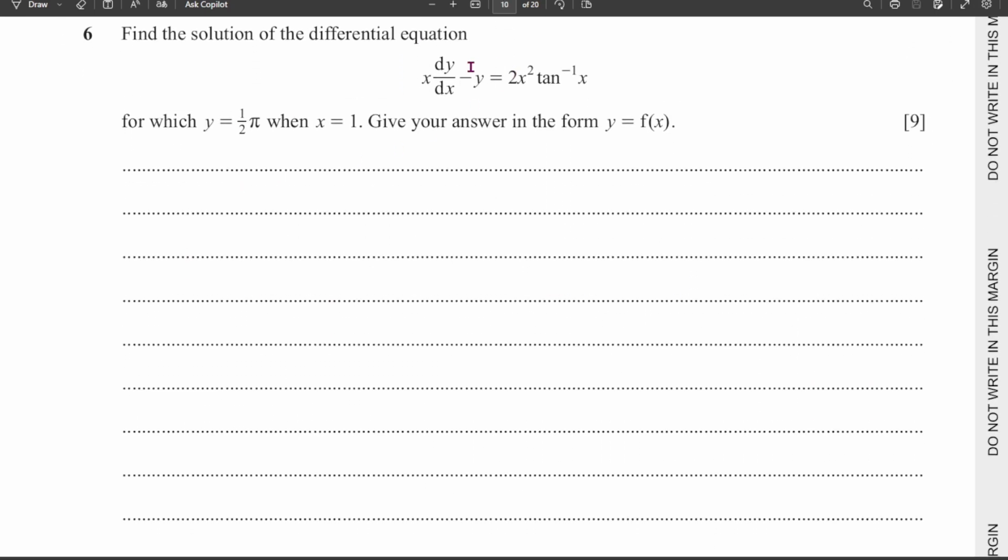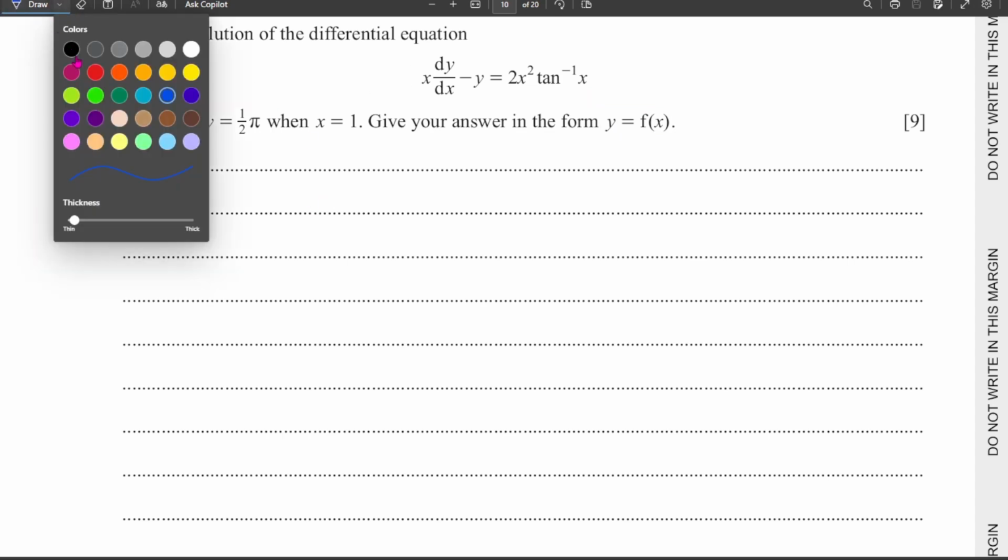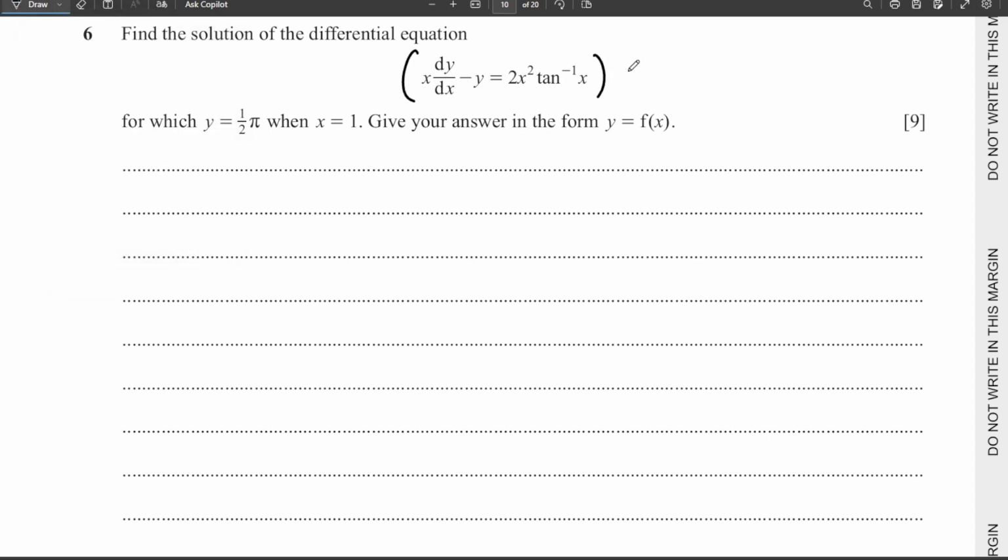So question 6 is giving us a differential equation with some boundary conditions and wants us to give the answer in an explicit form, y as a function of x. Now, it's not immediately obvious what type of differential equation this is, but if you've done your practice, we can go ahead and divide. You can see if you divide the whole thing by x, we get this form